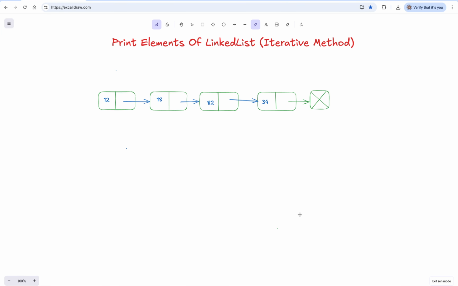And today we are going to discuss a new question in our linked list series, which is printing the elements of linked list via iterative method. So in the last tutorial, we have already seen that we can create a linked list and we discussed the two methods, iterative and recursive approach. So in this particular tutorial, whatever linked list we have created, we will be printing it through iterative method,